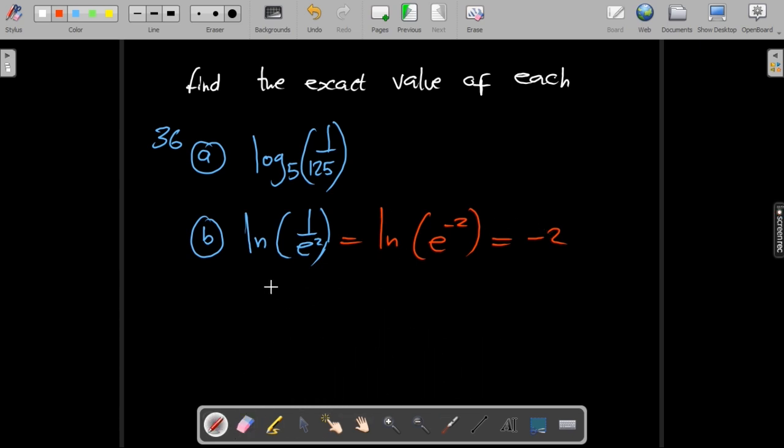And with ln as well, you can also have ln 1 minus ln of e squared. This is just a 0. And once again, you're going to drop that power. So you're going to have minus 2. So your answer is minus 2. Even with this other method,